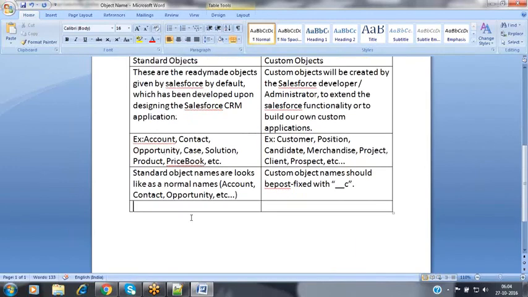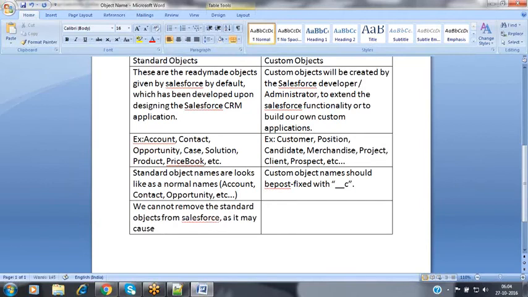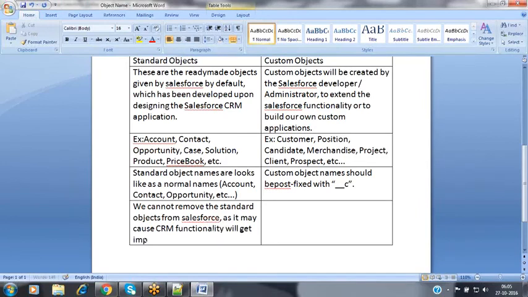And then the standard objects. When coming to the standard objects, we cannot remove the standard objects from Salesforce, as it may cause CRM functionality to get impacted.